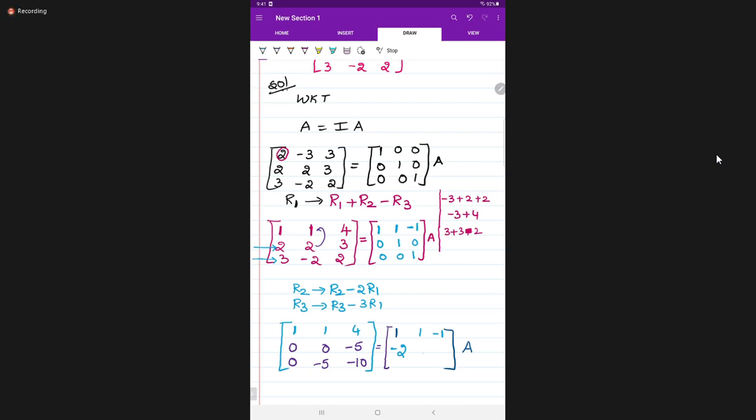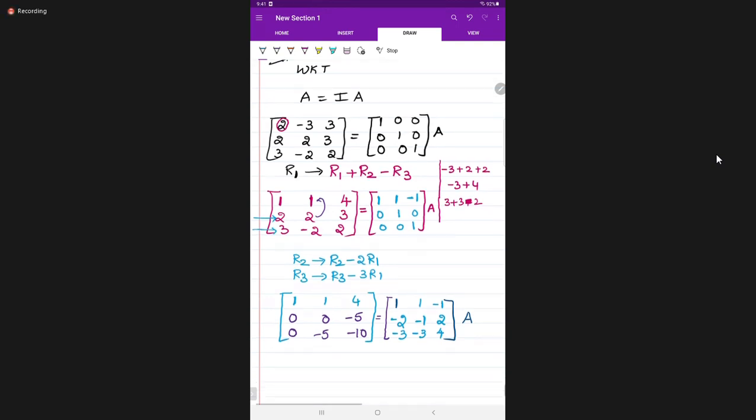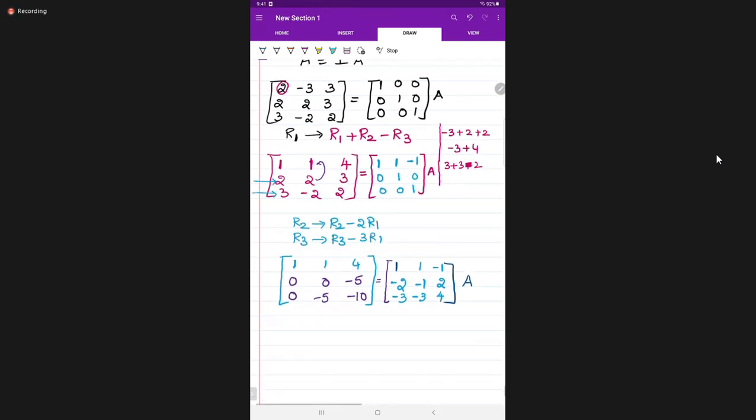Next. 1, 1 minus 2 into 1. Minus 1. This is 2. Minus into minus plus. This is minus 3. Minus 3, 4. Any doubt? Please respond, students. Is there any doubt? No, ma'am. Ma'am, can you scroll a bit more?